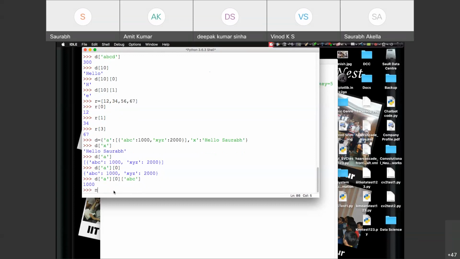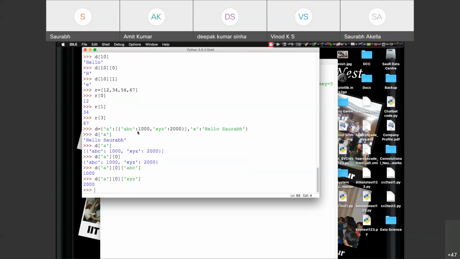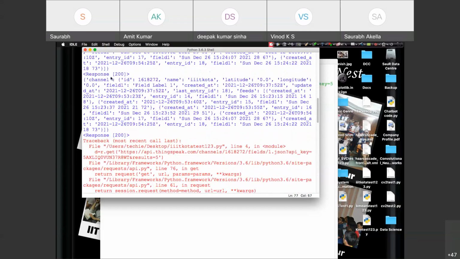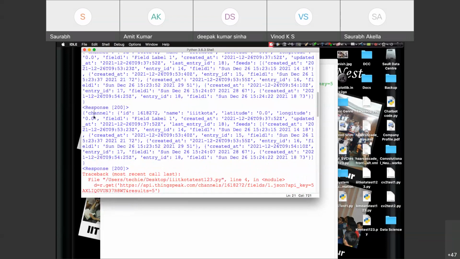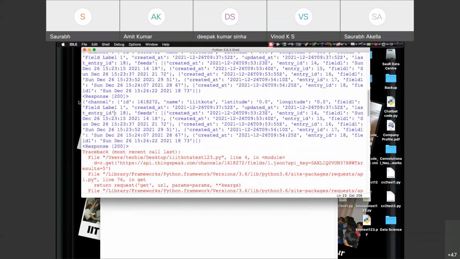This is how you can access any specific data inside. This is what we have as data available in the response of this entire field. If we understand this data properly, we will get to know that the first bracket has the first value as channel. Channel is a key, and this bracket ends somewhere here. So this is my entry, this is my data, this is my response. You can say this is the value of your key, that is channel.